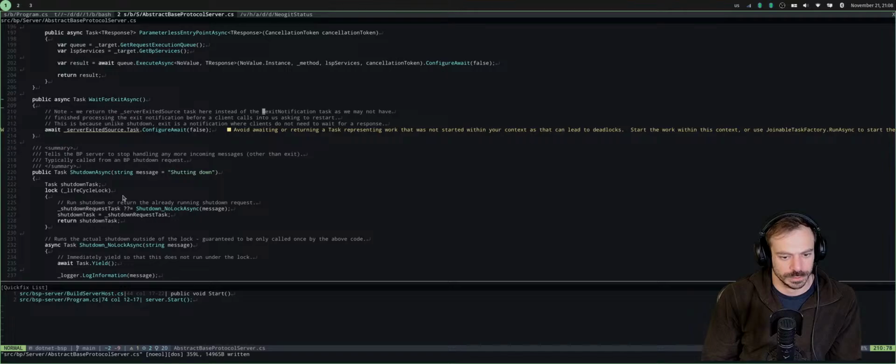Instead of tasks, we may not have finished processing the exit notification before a client calls to us asking to restart. Exit is a notification where the client does not need to wait for a response.